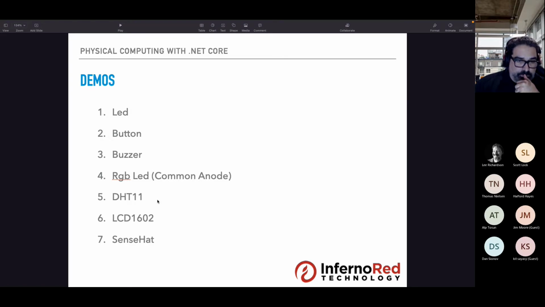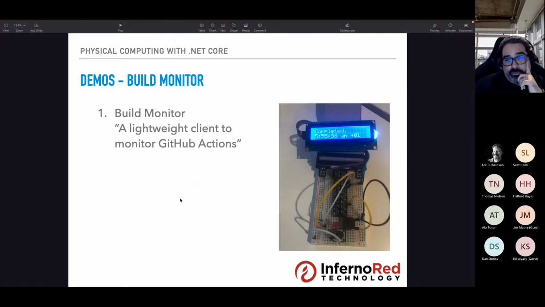Now, before I dive into the HAD, I do want to show a more complex demo. This one is meant to be used with GitHub Actions, but the setup is a bit insane. That's why I keep it simple for the presentation.